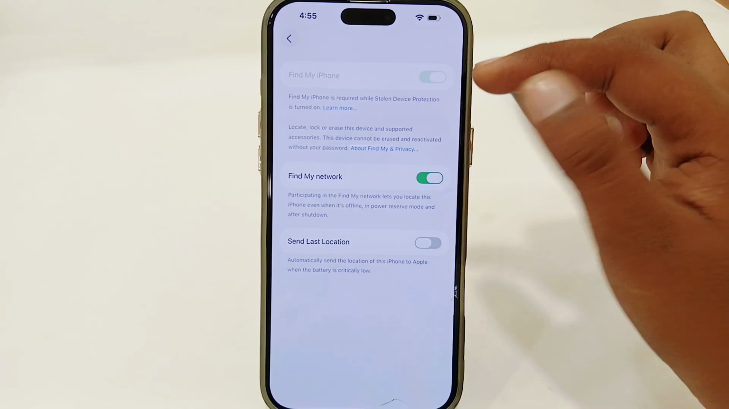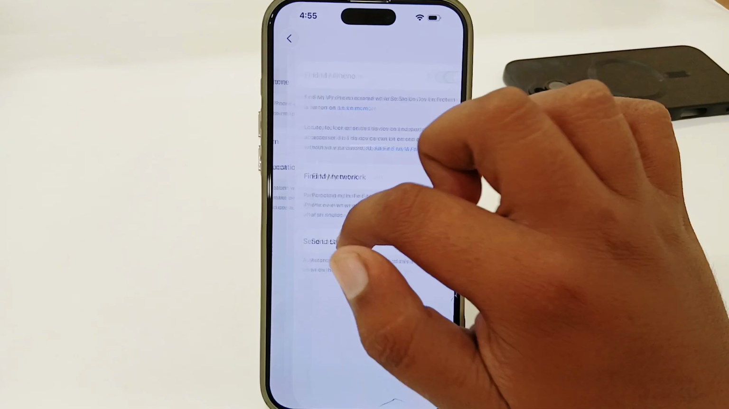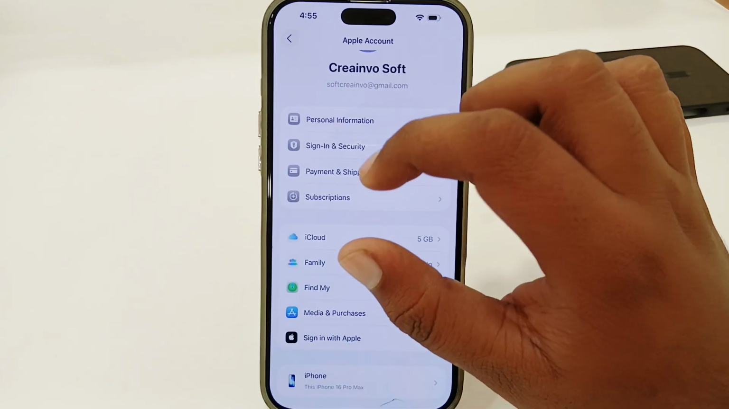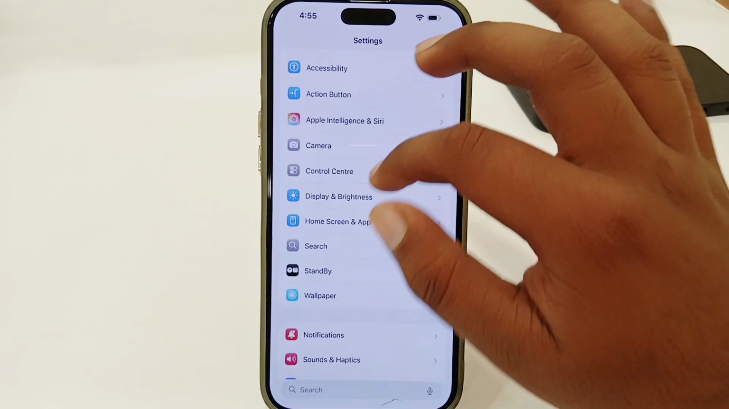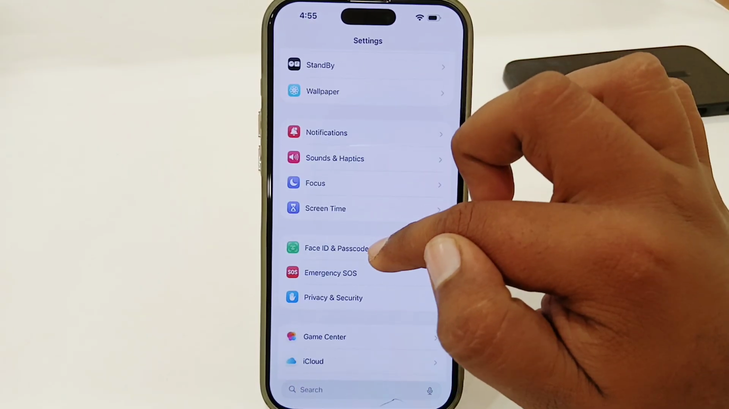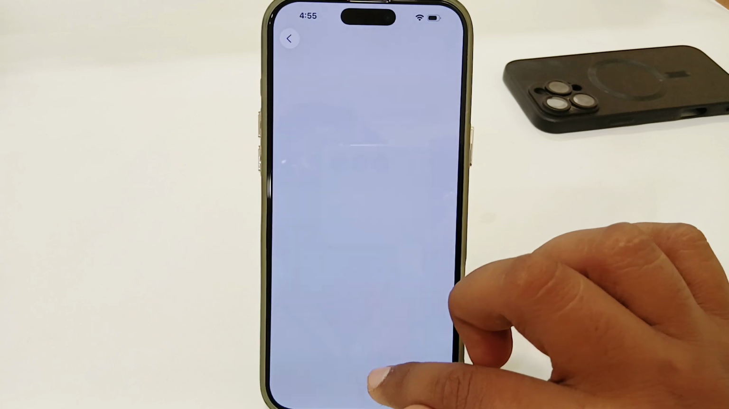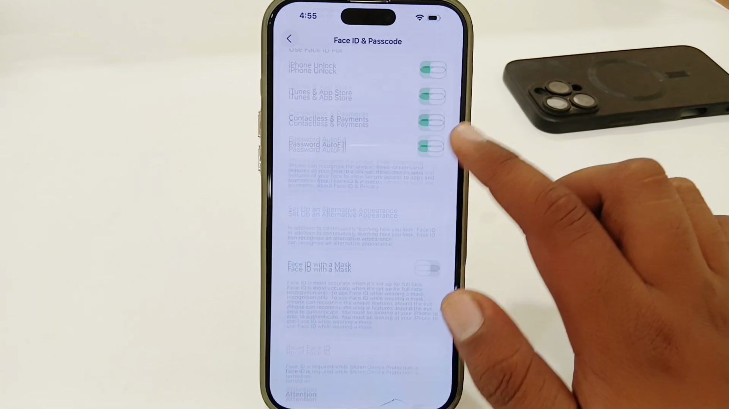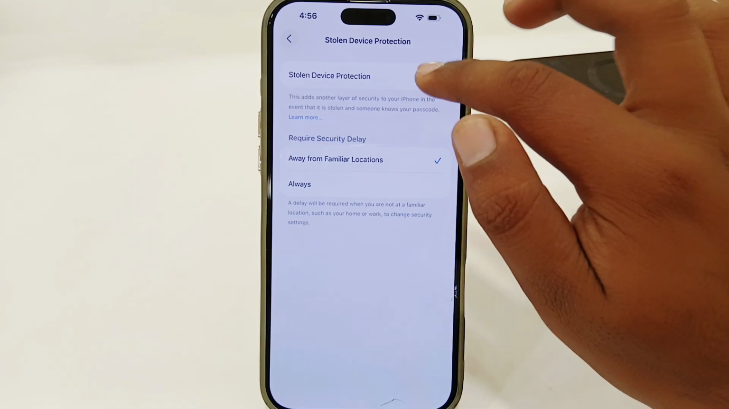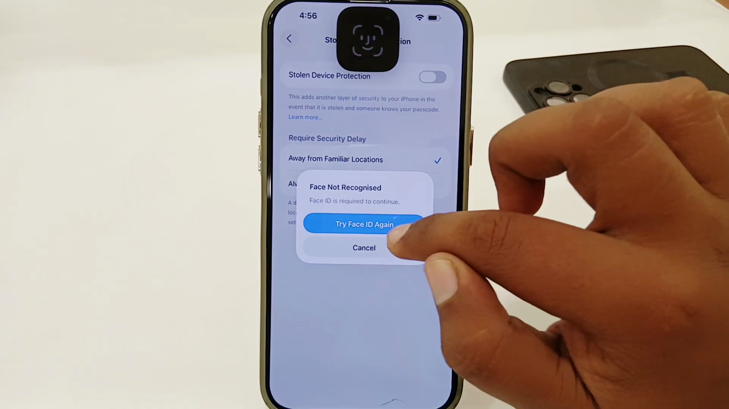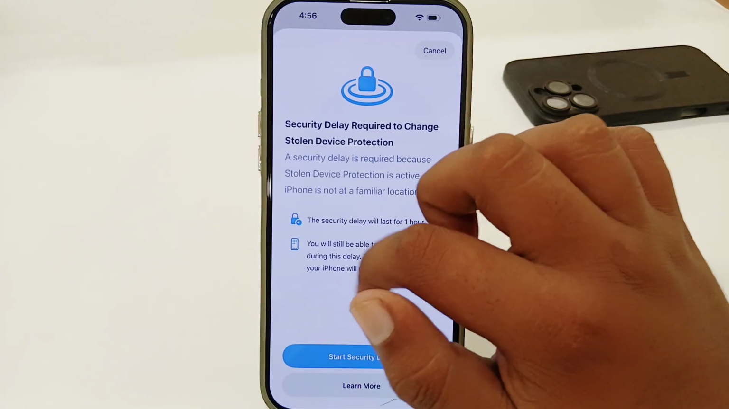But if you find this option has also been grayed out, you just have to try to turn off Stolen Device Protection. So from here go back and then go to Face ID and Passcode. Enter your passcode here, and then scroll down and you'll find the option of Stolen Device Protection. You just have to disable that, and once you have disabled it, you have to go back from here